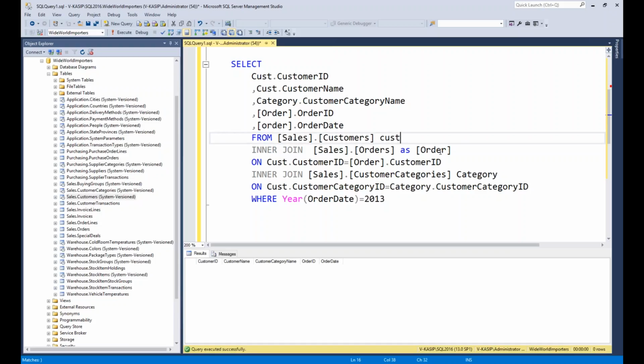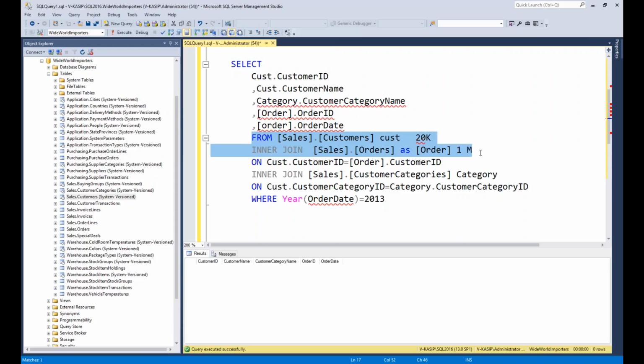You have the customer table, let's take 20K records, 20K customers. And here you have the orders table with 1 million records. Then whenever these two are joined, how many rows will it produce?